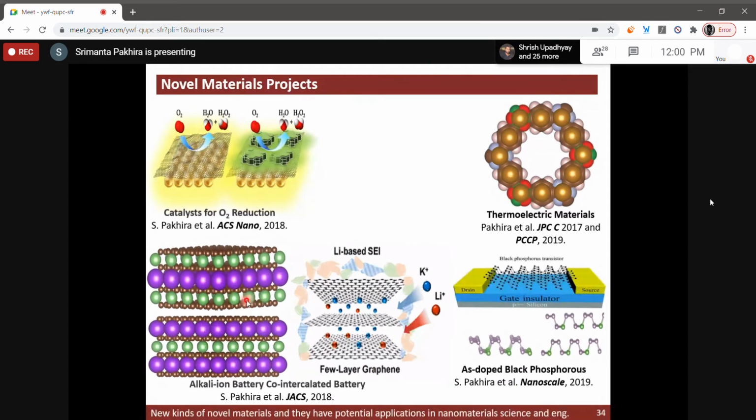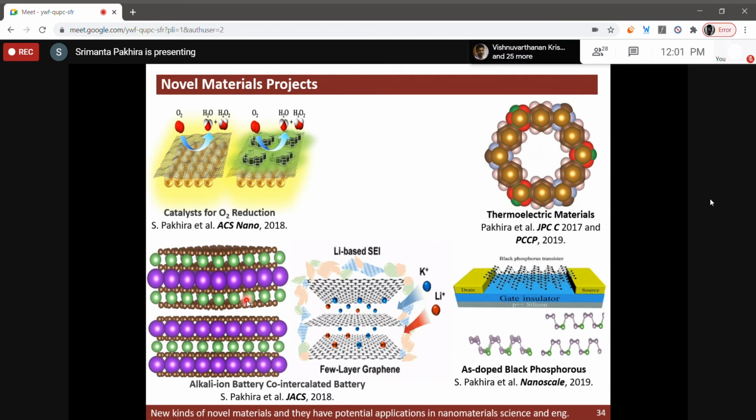Then we also worked on the field effect transistor, which is a very good transistor, like the bipolar junction transistor. In that case we replaced silicon germanium, which I was teaching probably a couple of days ago, and used arsenic-doped black phosphorus. This is one of the promising materials for field effect transistors. We have done a couple of materials and a couple of layers, and I am happy to tell that with our collaborator we published that this field effect transistor has been synthesized experimentally in the lab. Finally we were able to publish such an article in ACS Catalysis.